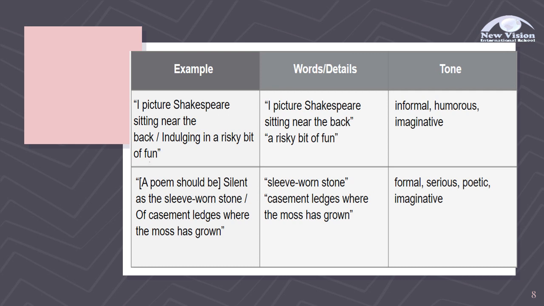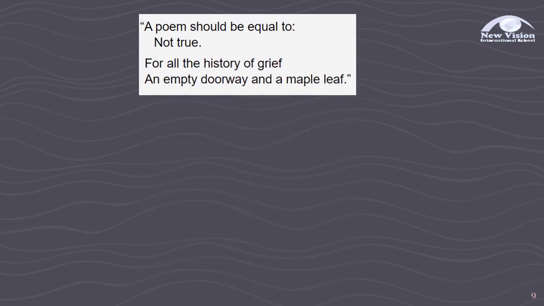Now try to compare these two. Okay, both writers approach their subjects with an imaginative attitude, right? However, Cope takes a playful, amusing tone toward Shakespeare, and in contrast, MacLeish takes a serious, formal tone toward defining what a poem should be. Right? Let's try to identify the examples of imagery in the lines of this poem. Then let's try to complete the chart later,